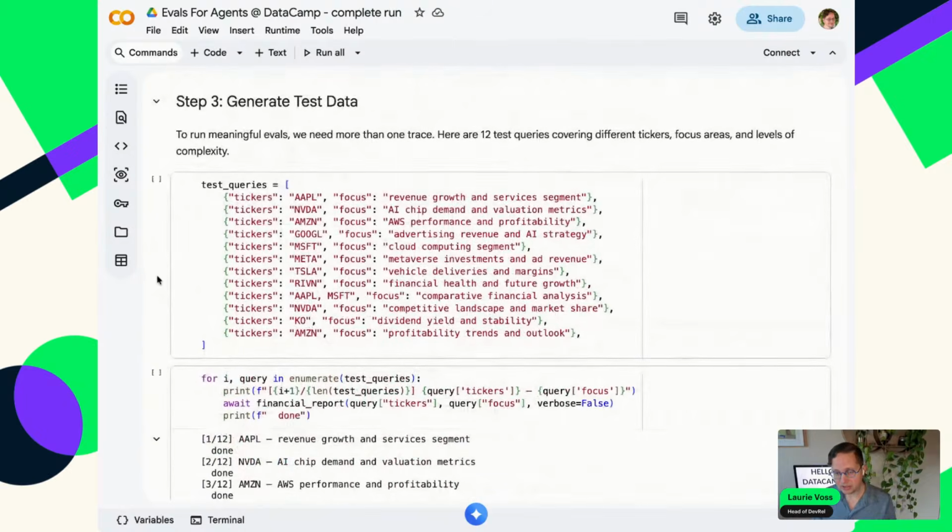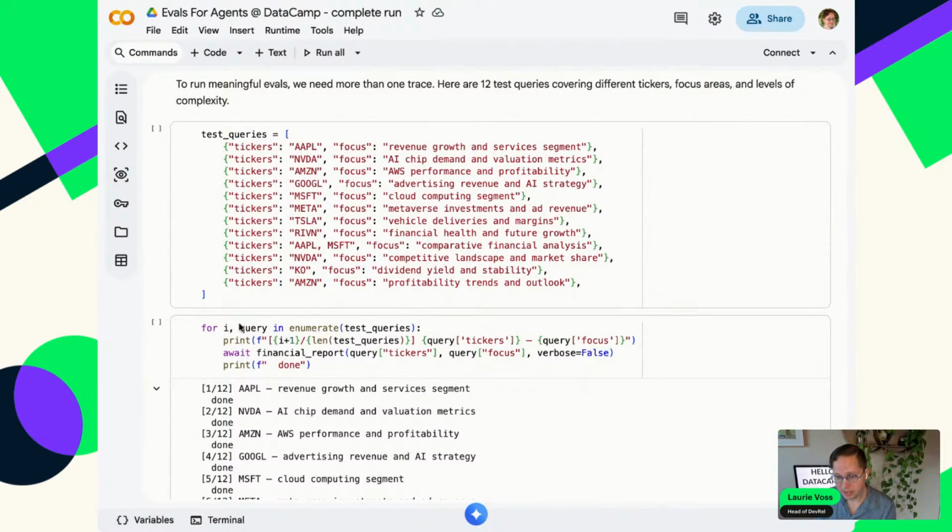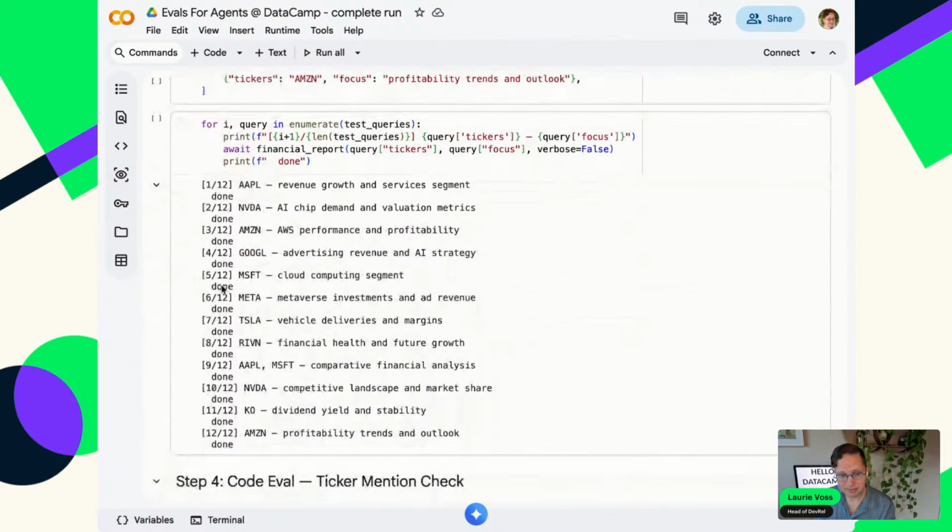So let's scroll down to the test data that I set. This is exactly the same as the initial query that I sent. It's just there's 12 of them in a row, and then a little loop that runs them all. So you can see them running there. We've got 12 test queries here. Some are single ticker analyses on different focus areas: financial performance, revenue growth, competitive landscape, AI strategy. And there's one comparative analysis that asks about 2 tickers at once. This gives us some variety. Different tickers, different questions, different levels of complexity. That is important. You want your test data to cover the range of things that users are going